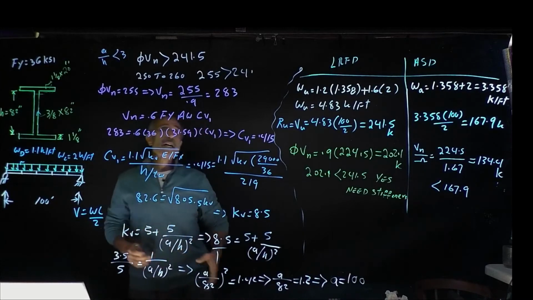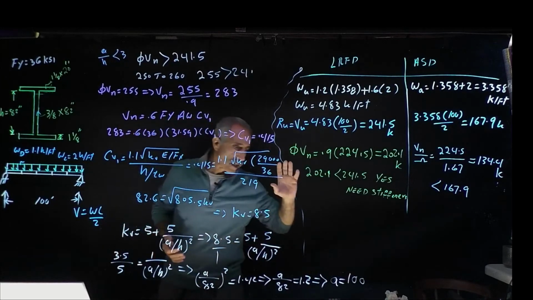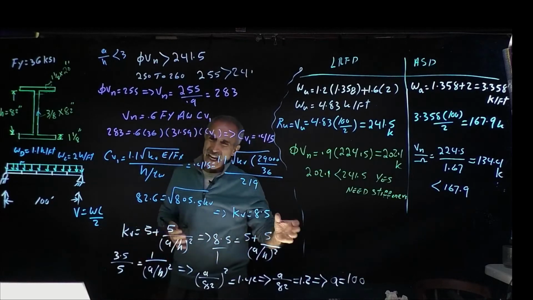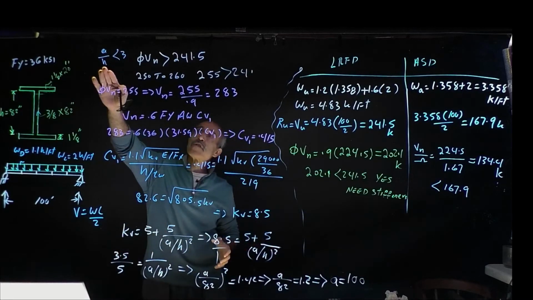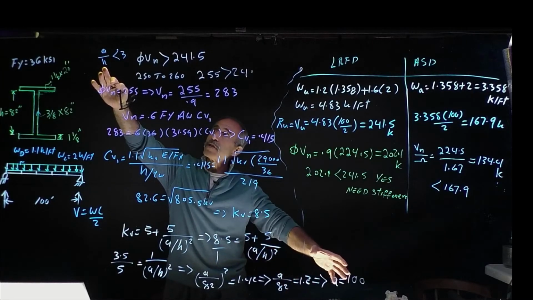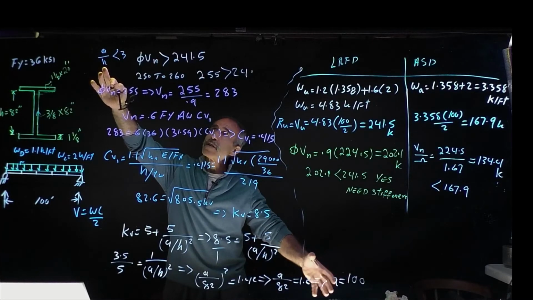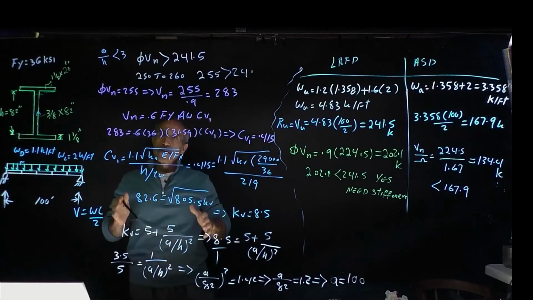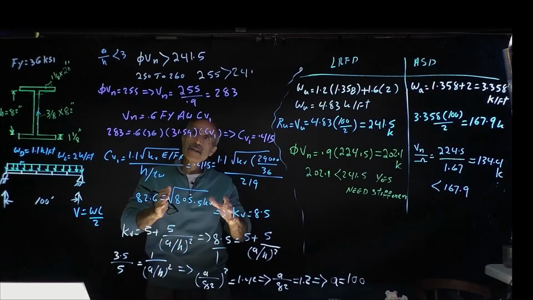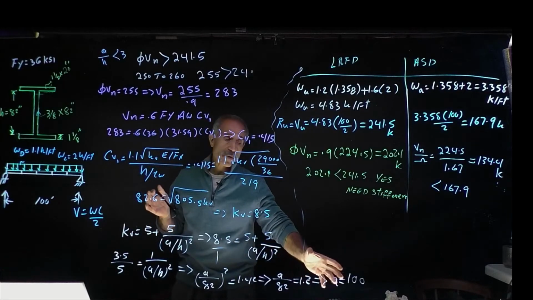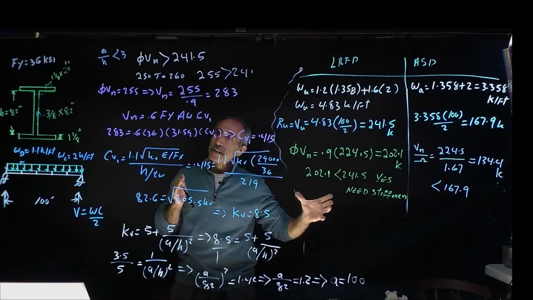An experienced designer doesn't go through all this stuff. It goes to 100 right away. It says, okay, the aspect ratio a over h I'm looking for maybe should be between 1 and 1.5, and it's going to use 1.1, and then it's going to use the spacing a equal to 100, and then going to come back, see if it's going to work. So if you look at a textbook example, stuff like that, they go, let's use a equal to 100 based on trial or error, but they don't say how they got it, and this is how you can get it